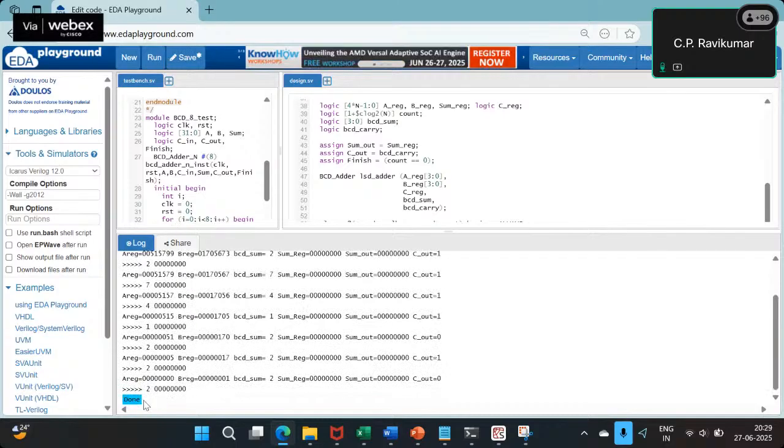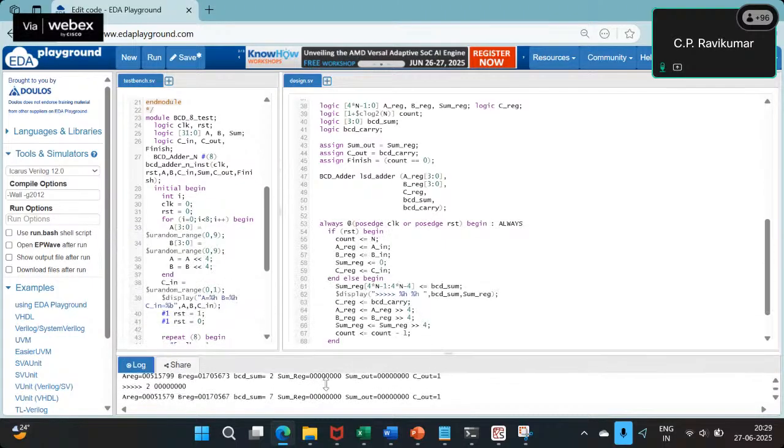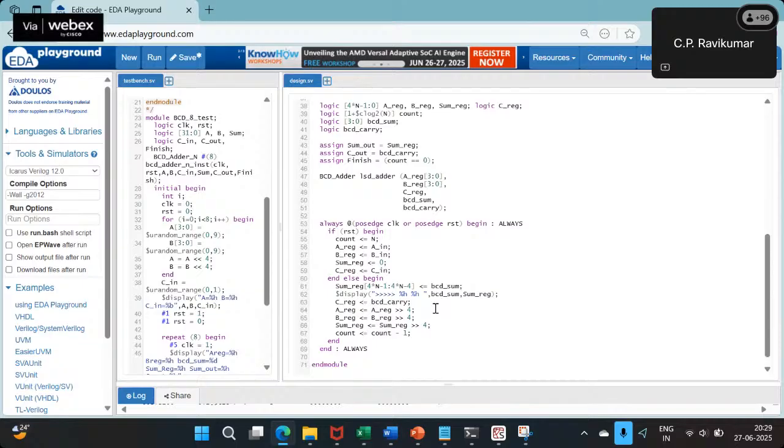The BCD sum is correct, but for some reason I feel the posedge is not getting detected. No, it is something to do with this, what is it called? The assignment being